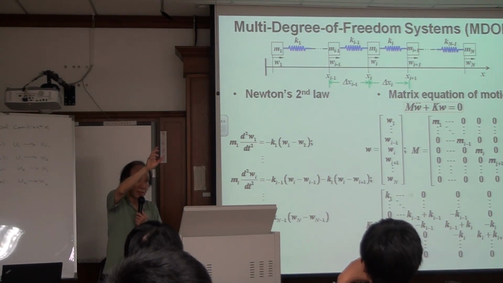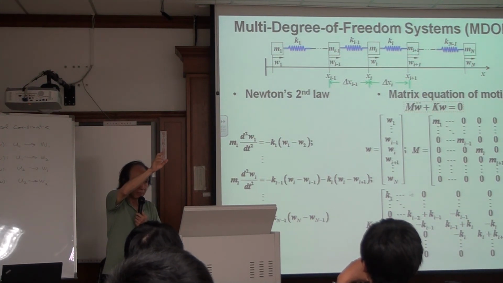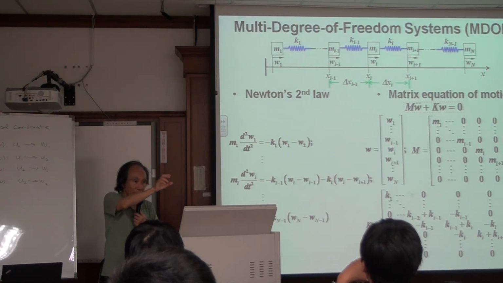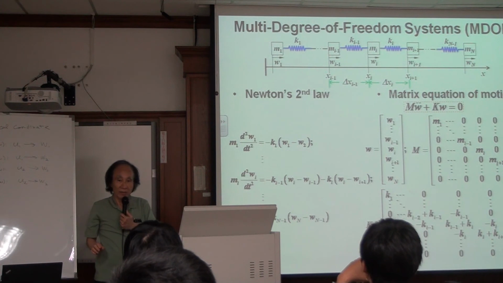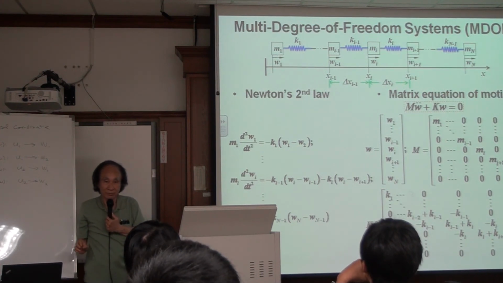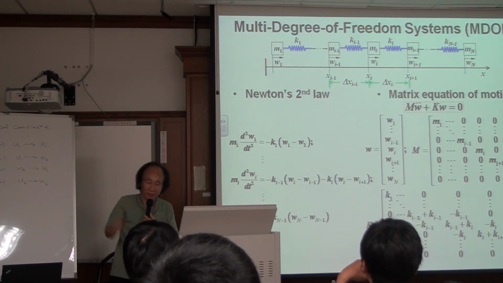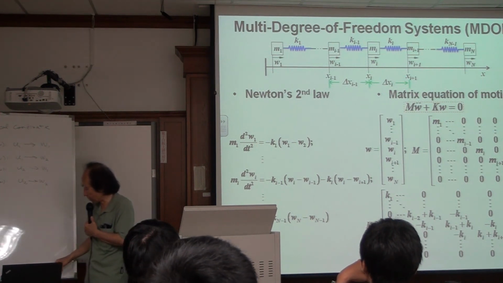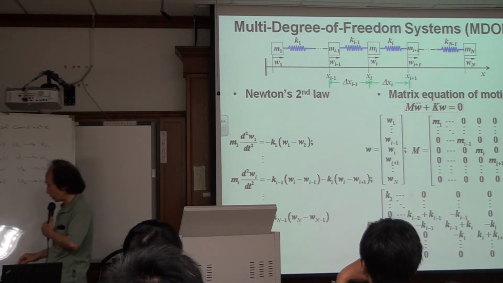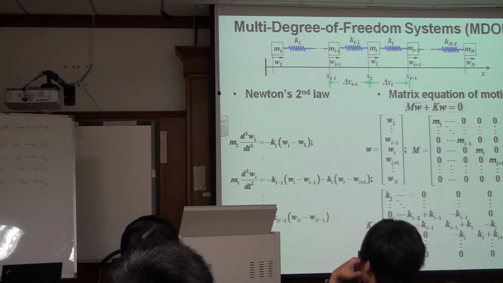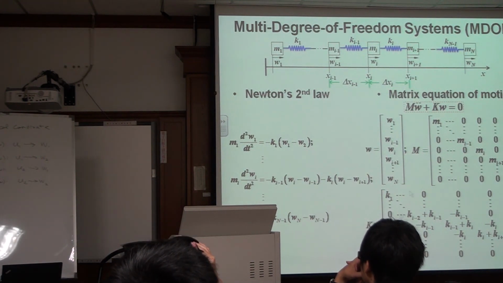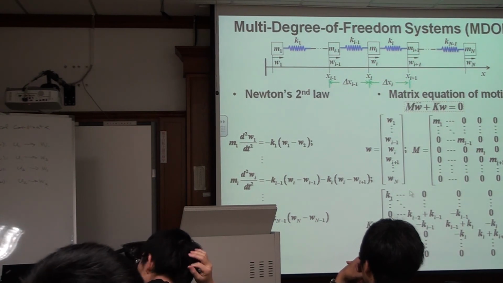Only the elements next to the diagonal elements have values. So you call it a banded stiffness matrix. The stiffness matrix is banded. So if you look carefully here, the stiffness matrix